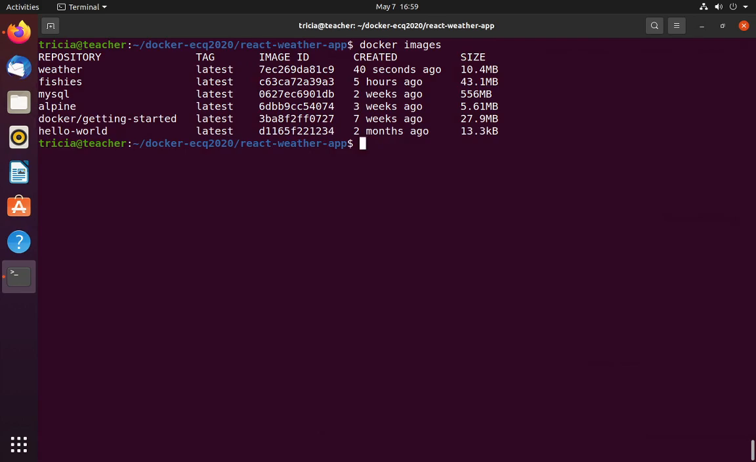So here we see there's my weather image. The weather latest is the tag. This is the image ID. It was created 40 seconds ago, and it's very tiny. It's 11 meg. So I can also use docker inspect